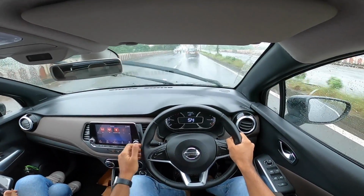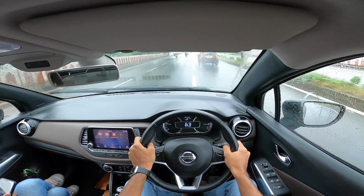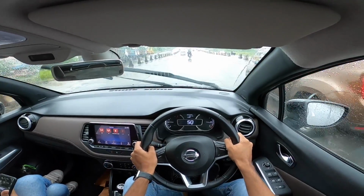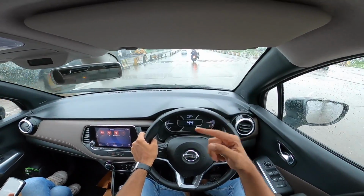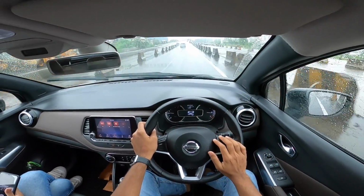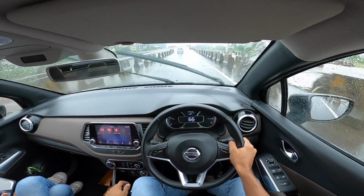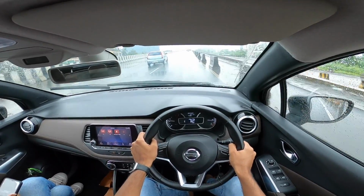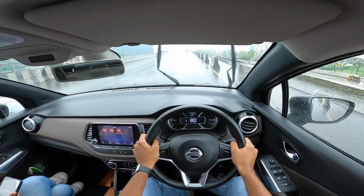Now this engine is fantastic. It's a phenomenal engine, and the pulling power is great as well. This is a 1.3 liter turbocharged petrol engine, which by the way was made in collaboration with Renault, Nissan, which is of course the car we are driving, and Daimler as well, and it is fantastic in the way it performs. You don't really need to take it to the red line because there's so much mid-range punch. Now it produces